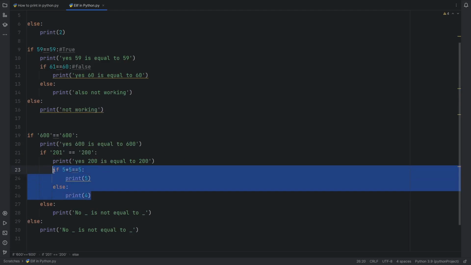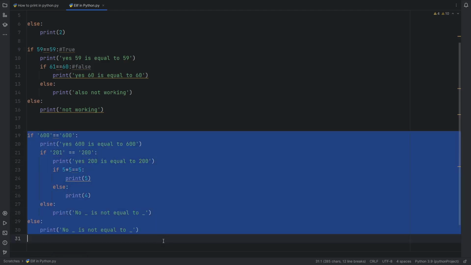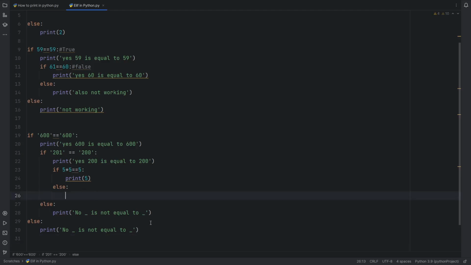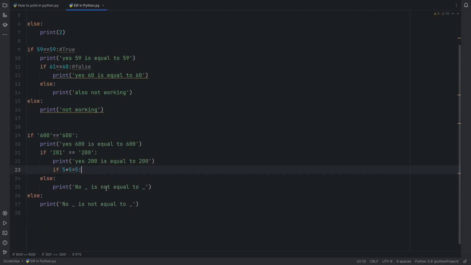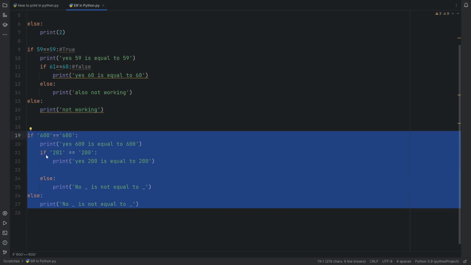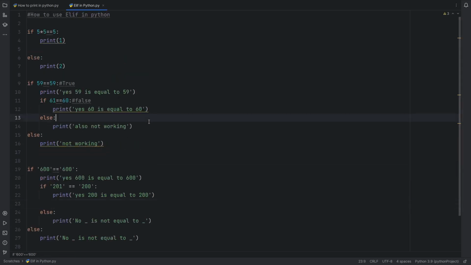There's an if else and an if else and an if else. But at this point it's just too complicated. It's going to confuse you. So if this is an if else and an if else, then